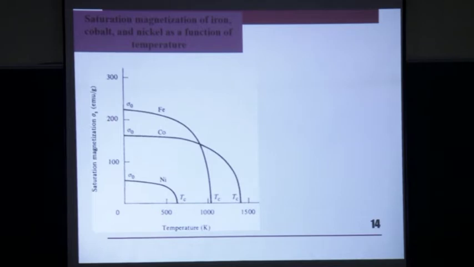As I told you, we can plot the values of magnetization as a function of grams, so it's a fixed quantity, versus temperature. Now we usually want as high a Tc as we can. So you can see cobalt has a higher Curie temperature compared to iron. Again, there is no perfect material. Iron, the saturation magnetization is higher, but the Tc is lower. Nickel, both are not so good compared to iron and cobalt. Okay.